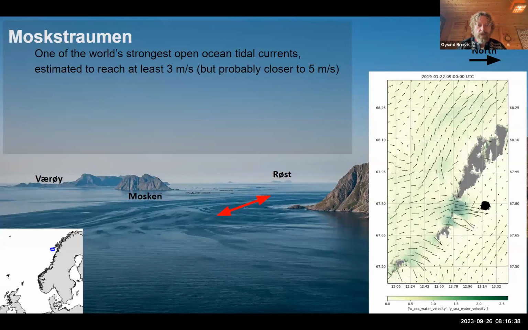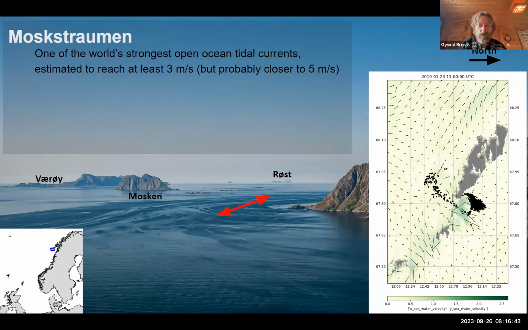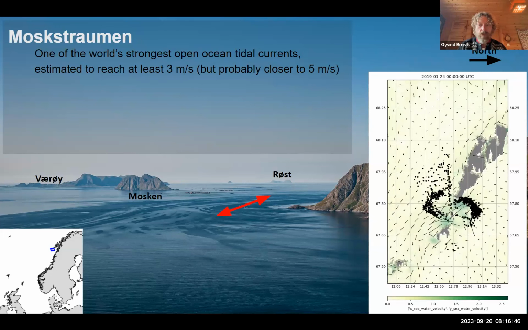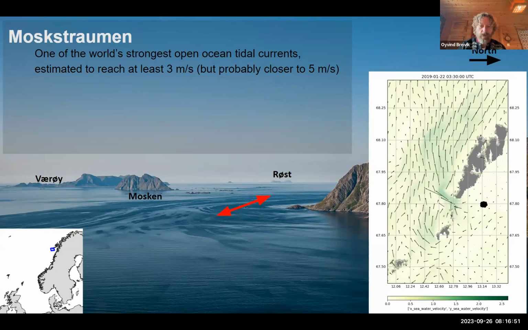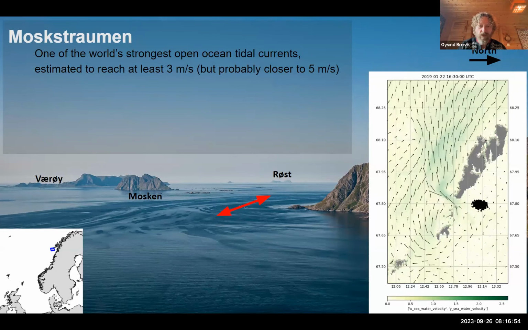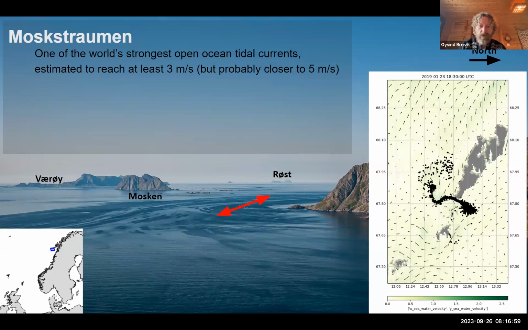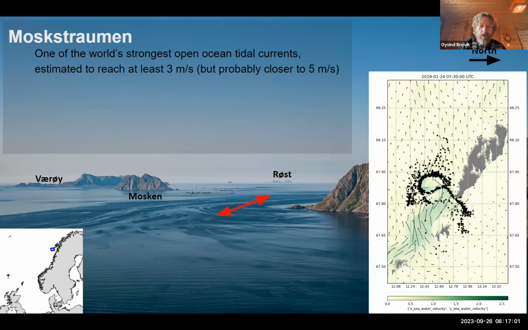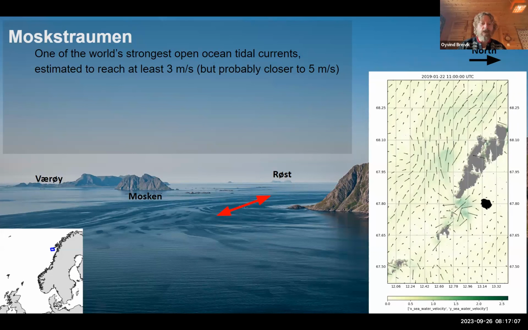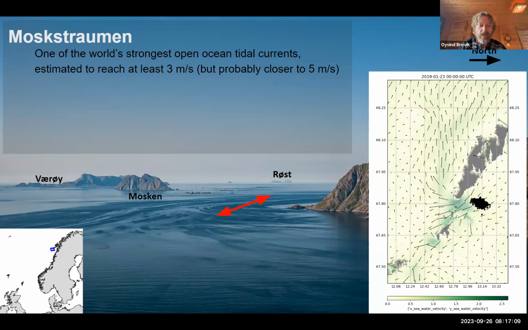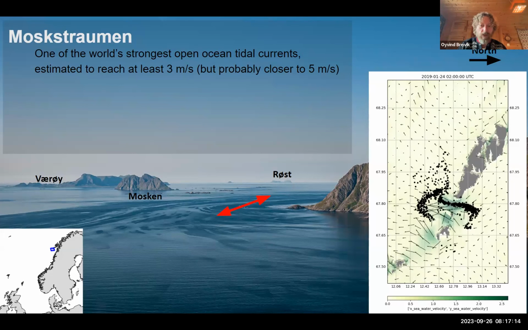And it interacts with, in some places, extremely strong tidal currents. I've chosen the Moskenes current for this example. On the right, you can see an example with a Lagrangian model, which just gives you a feel for the kind of strength that you're looking at as the tide is going in and out through the sound. What makes this unique is that it's one of the strongest open ocean tidal currents. So on the west side of the current, you have the full Norwegian Sea,